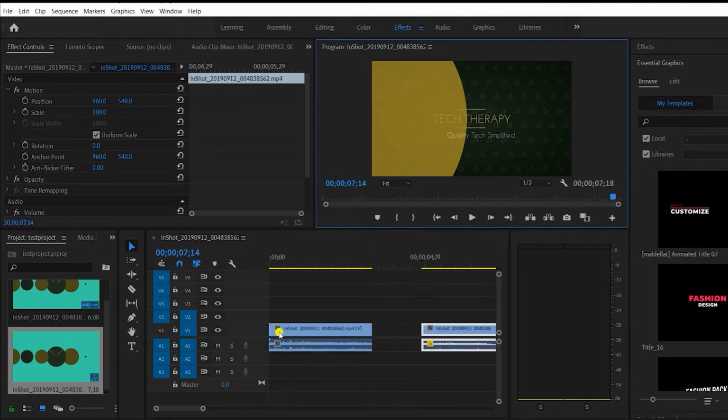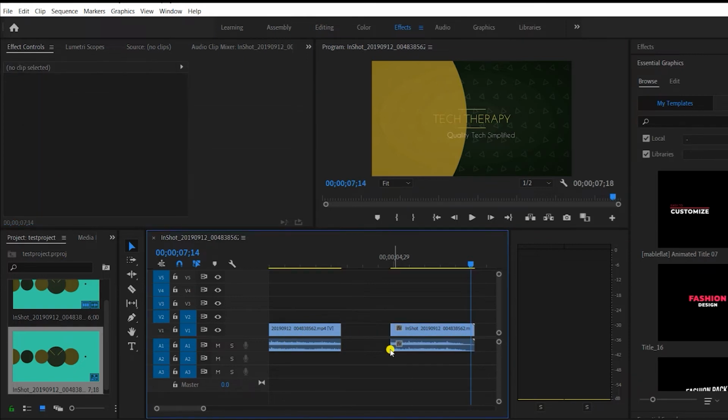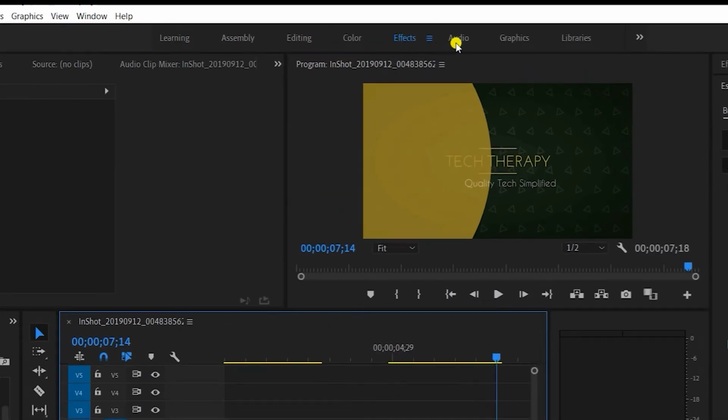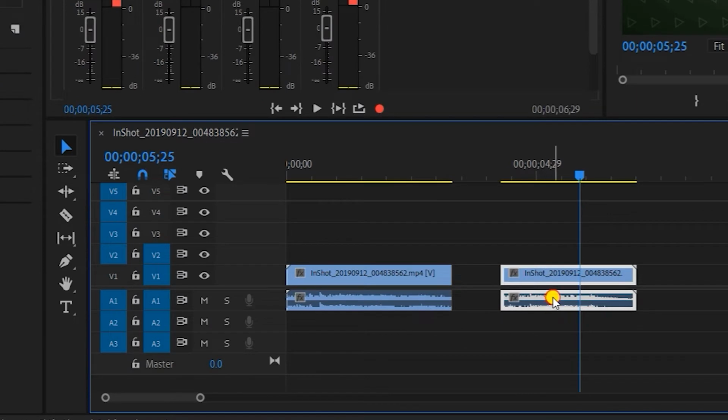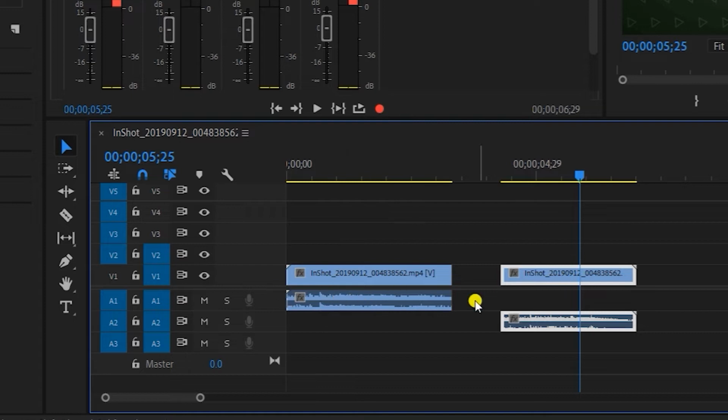If you want to increase or decrease the volume for the whole track, so this is a specific clip, but these together make the whole track over here. For that, we have to change the panel section. We were in the effects panel, and we need to go to the audio panel over here. This panel provides all the features related to audio, where you can increase or decrease the volume of the entire track. For reference, I'll shift this audio down to audio 2. That means anything done to the audio 1 track will not affect the audio 2 track.